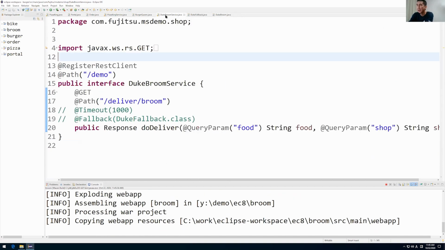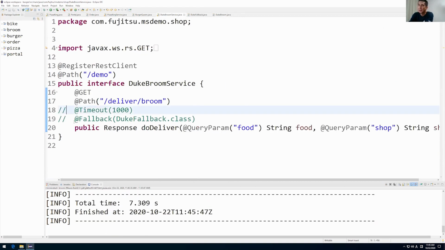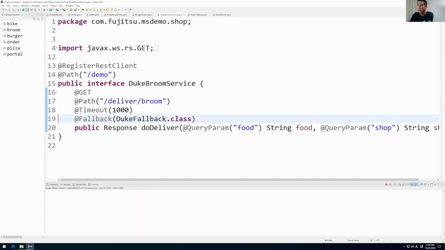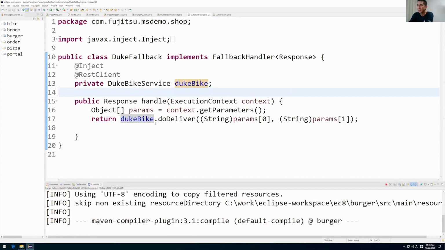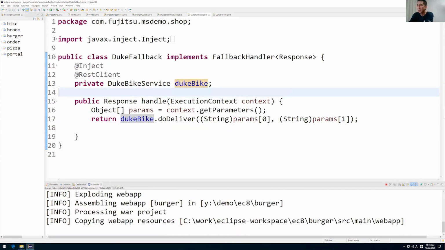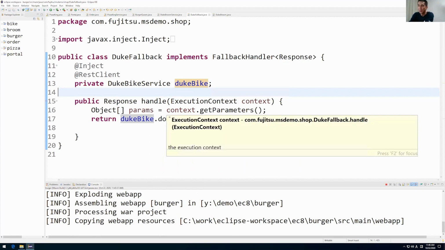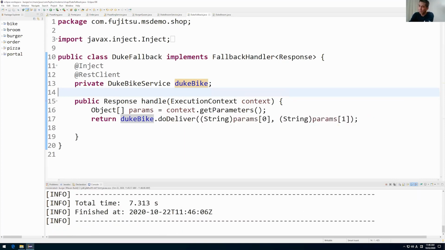And I put a timeout and fallback, timeout 1 second and fallback. So the fallback class is here, and it simply calls Duke Bike instead of Duke Broom. And let's see what will happen.